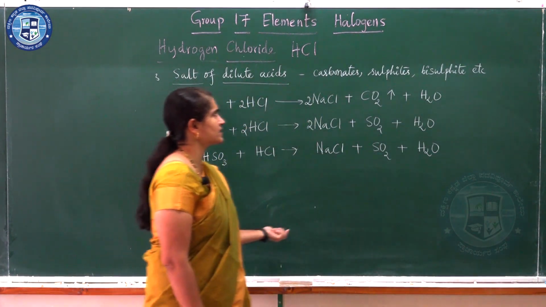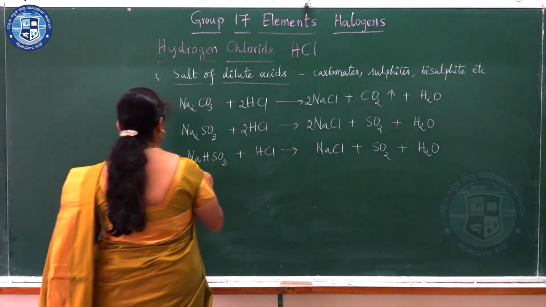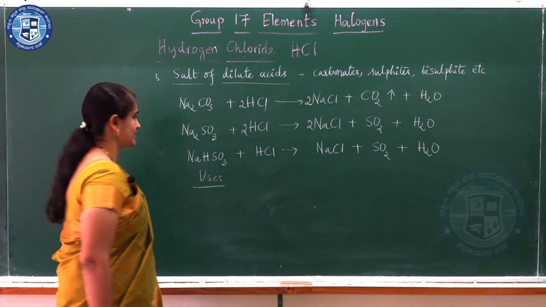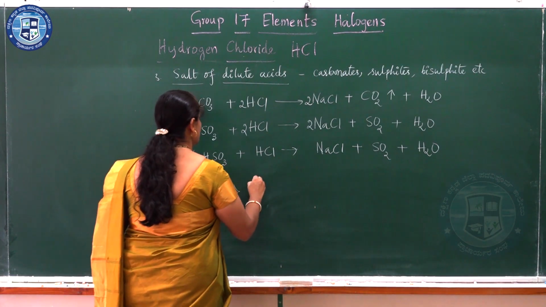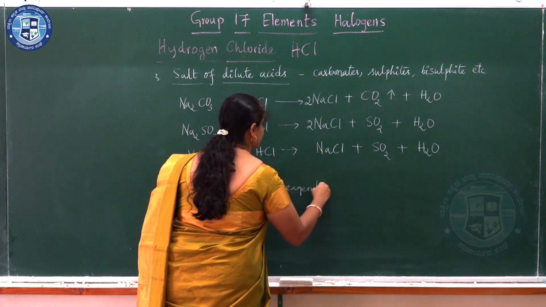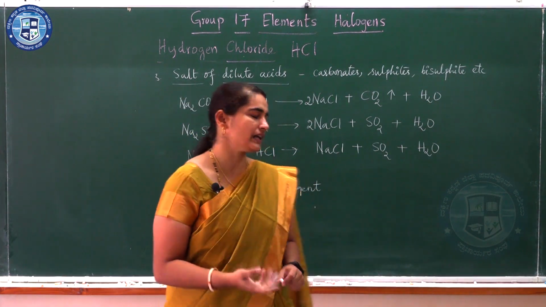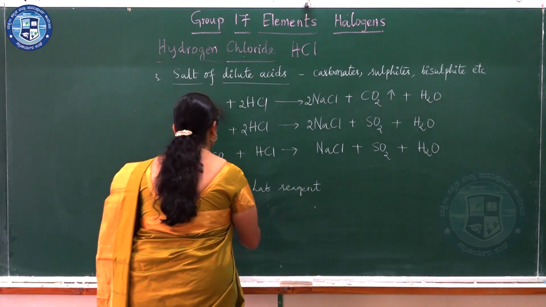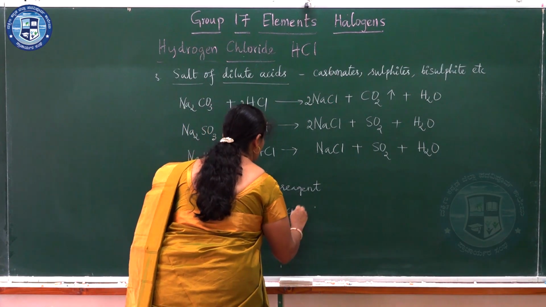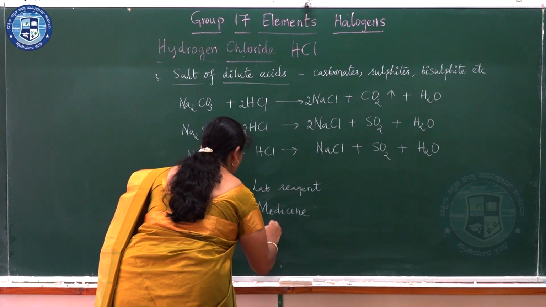Now we have seen the preparation and also we have seen the reactions. Now what are the uses? The last set, uses. So uses of HCl, one, majorly it is used as a lab reagent. We usually make use of this as dilute acid or concentrated acid. Generally it is used in the lab. Sometimes it is also used for medicinal purposes, and generally in the preparation of